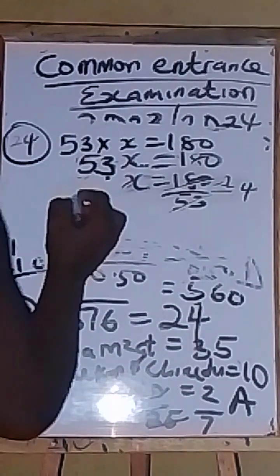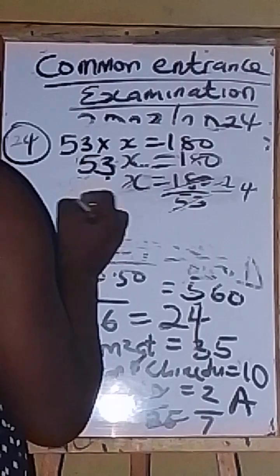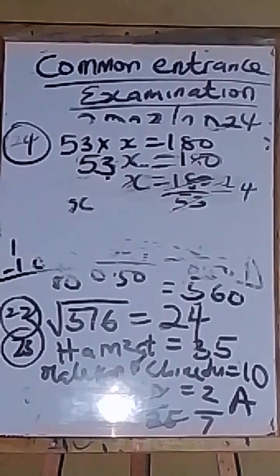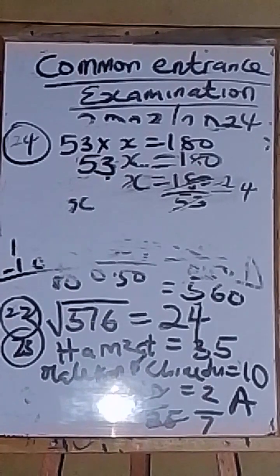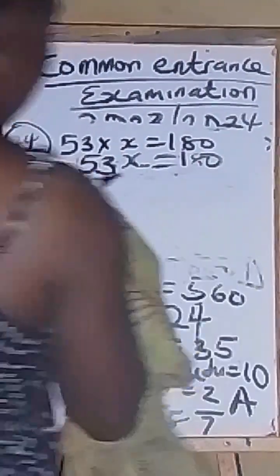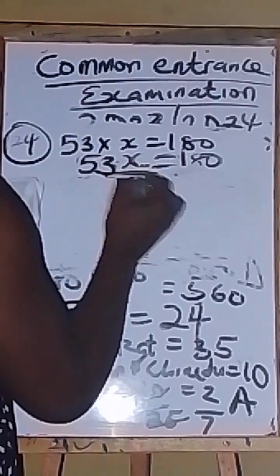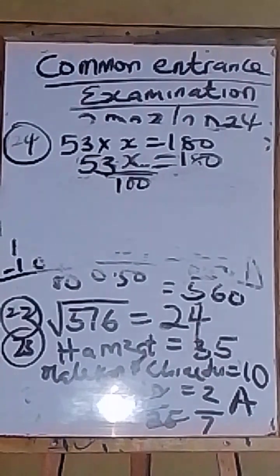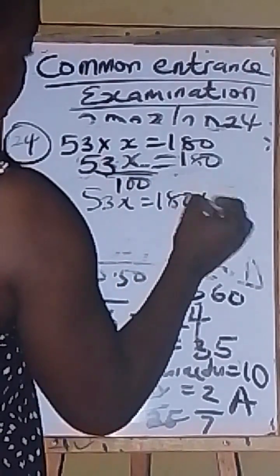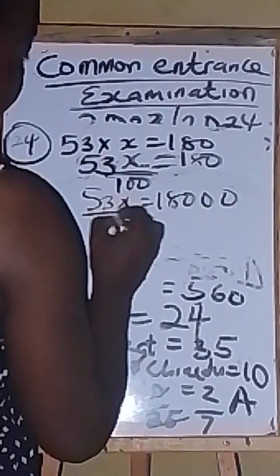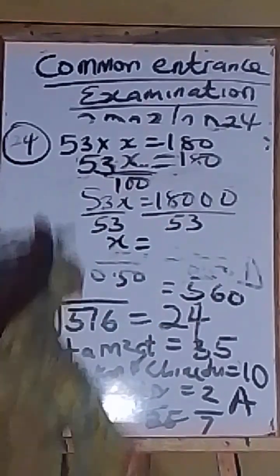But in a school, we must always have 100%. So let's assume we have 100% of that. So that's 53x equals 180, divided by 53, divided by 53. x equals to,